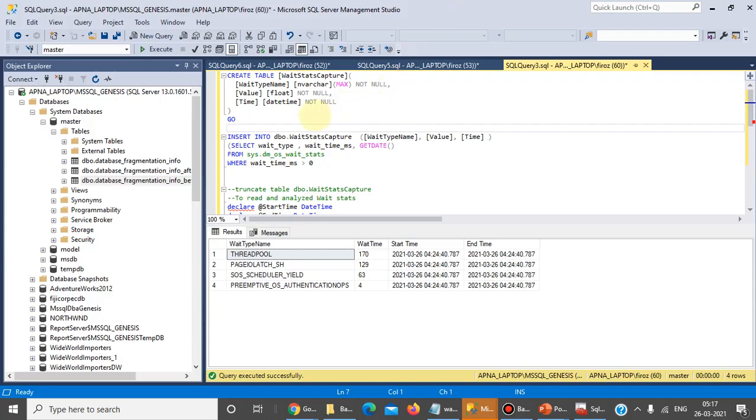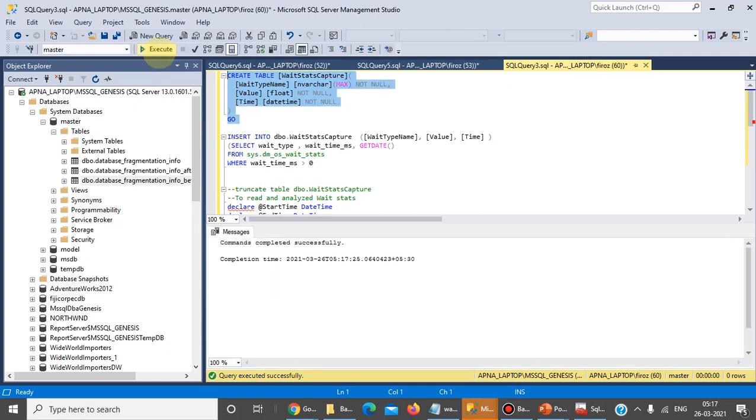We are creating a table first with stats capture, wait type, column name, value and time. First we are creating this. After that we are inserting manually; we are not scheduling yet.